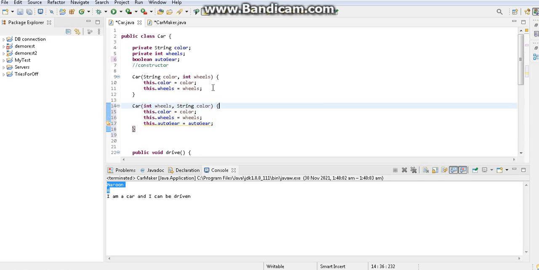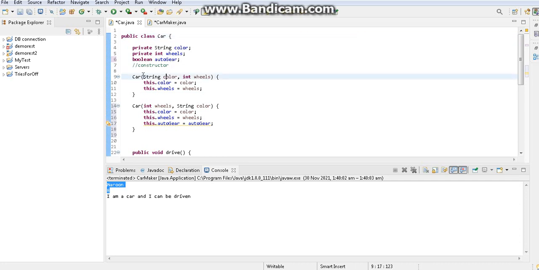See, now also the error is gone. What I have done is just change the order of these input parameters, or input values. See, here first we are giving a string and then an integer, but here first we are giving an integer and then a color. If both of the constructors are doing the same thing, then we don't have to use two constructors. Let's say we have two constructors with different purposes. Then how can we differentiate?